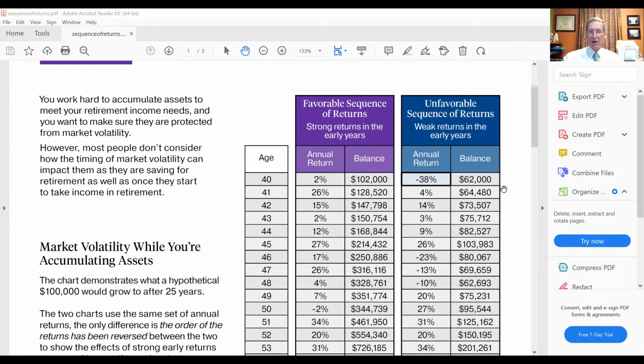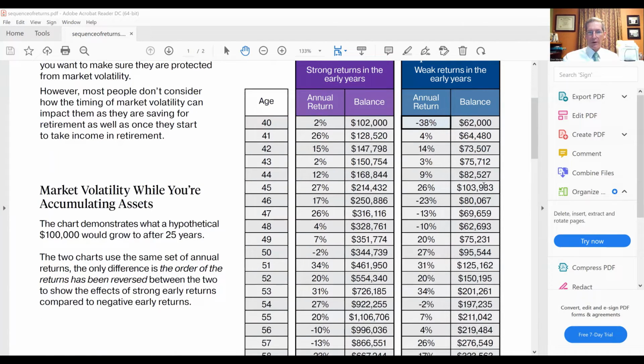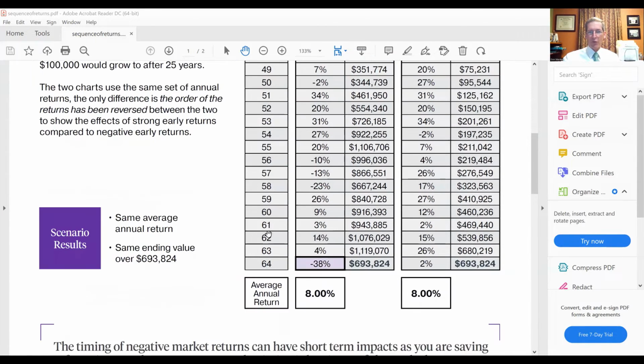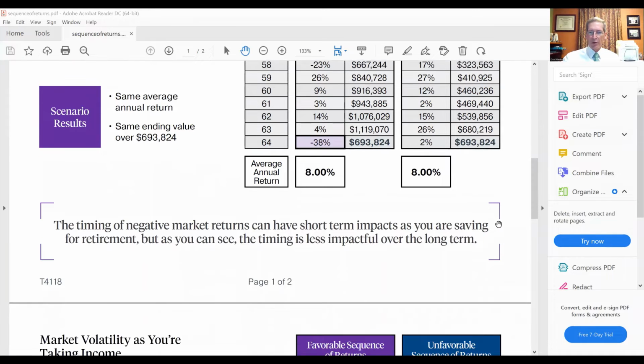Both scenarios are $100,000 to begin with. Both scenarios, from age 40 to 64, average 8%. They both end up with the same amount of money because we're not taking distributions and we're not making contributions. We drop the sum of money in and we just let it bake. This is what people are familiar with.